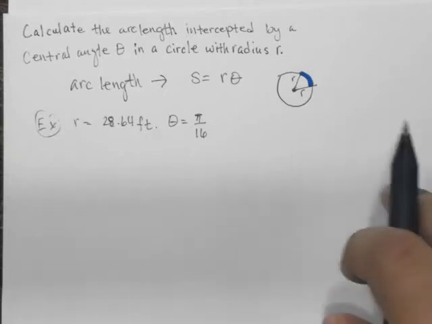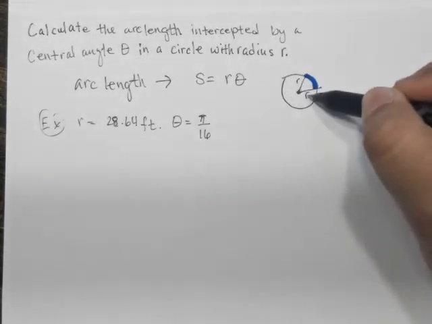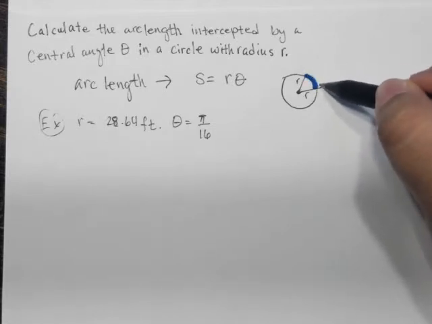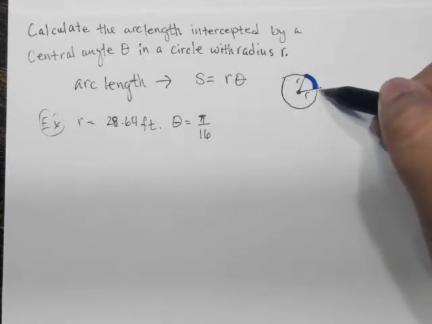In the following example, we are asked to calculate the arc length intercepted by a central angle theta in a circle with radius r. So let's first look at what arc length is. If you have a circle with some radius r, the arc length in this case is this blue region here that I've shaded. So if we think about it, say that we wanted to cover this circle with yarn, and